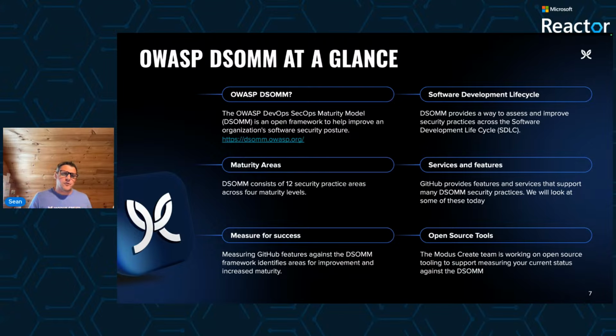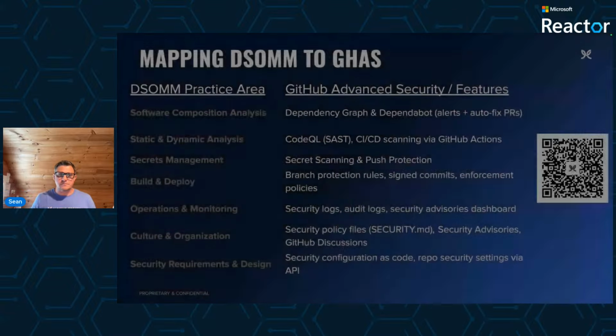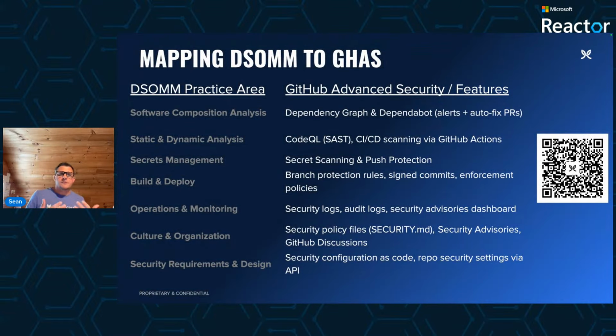Now, these areas help engineering teams systematically implement security best practices across the software development lifecycle, or SDLC. The DSOM, therefore, helps integrate security throughout the entire SDLC by measuring things like security awareness, security coding practices, static and dynamic analysis, and secrets management. By using GitHub security features, DevOps teams can map the DSOM principles directly into their CI/CD pipelines, ensuring security is an integral part of software delivery. Now, GitHub provides powerful security tools that align with the DSOM framework, which means we can continually automate and continuously improve our security posture instead of relying on those ad hoc checks.